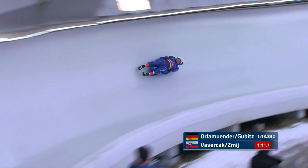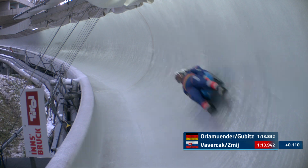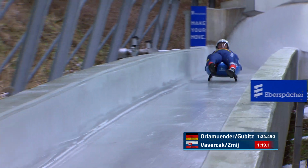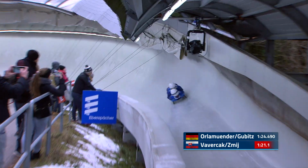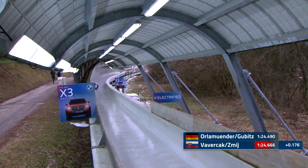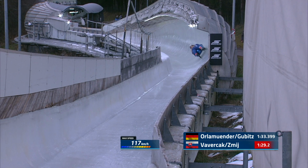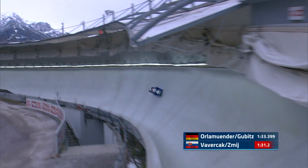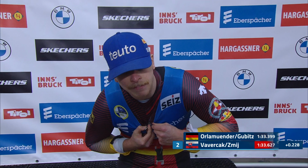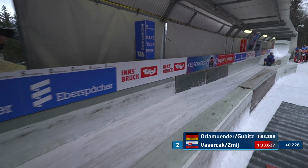This year, the tour will continue in Oberhof, Germany. Then after the break, the 4 races in January will be 1 in Latvia, 3 more in Germany, Winterberg, Altenburg, and a second event in Oberhof in Thuringia. Then the World Championships in Canada, and races to conclude the World Cup in South Korea and China. Second place right now, but a distant second place